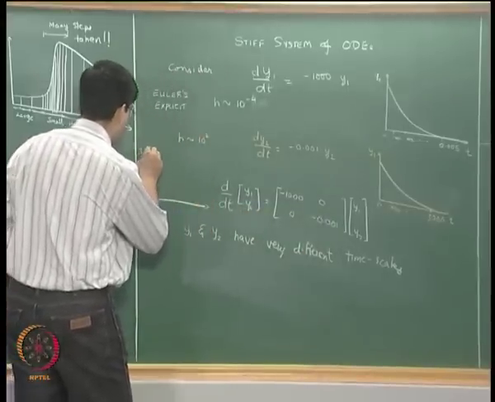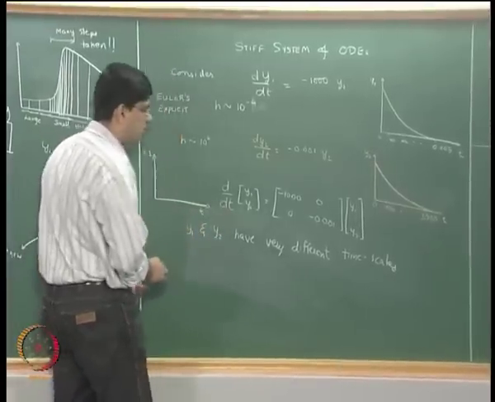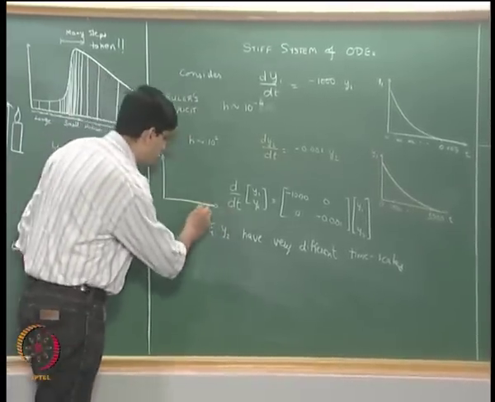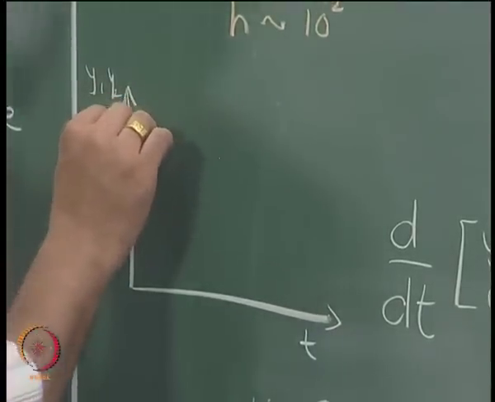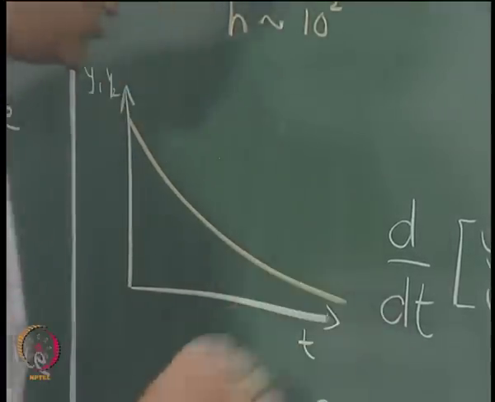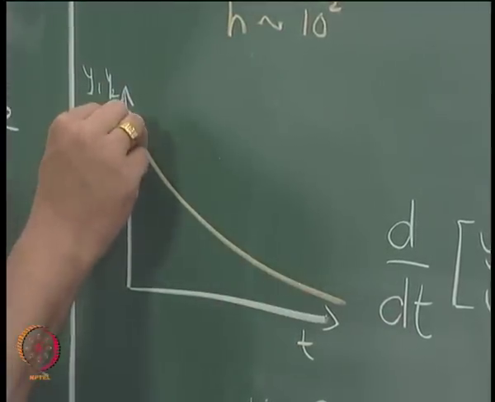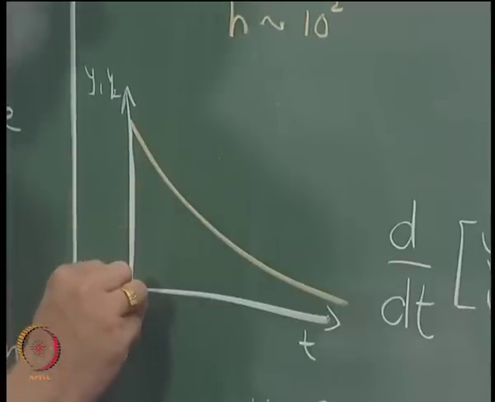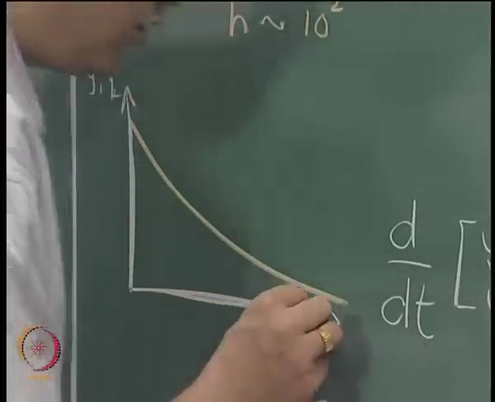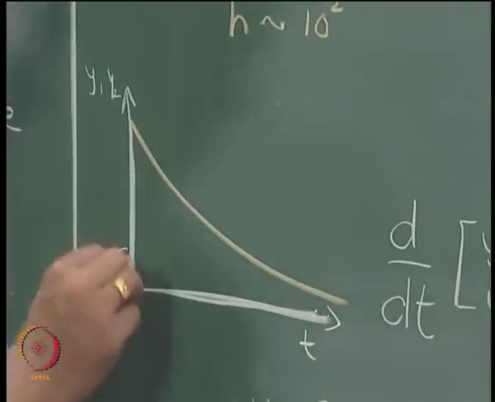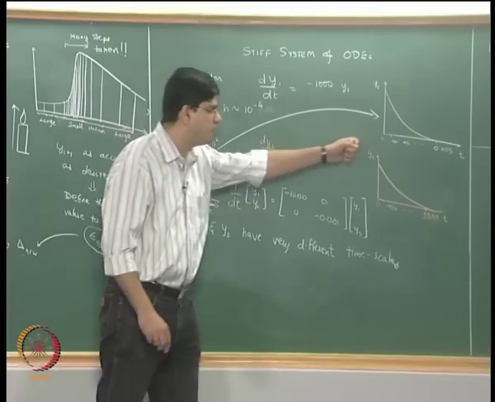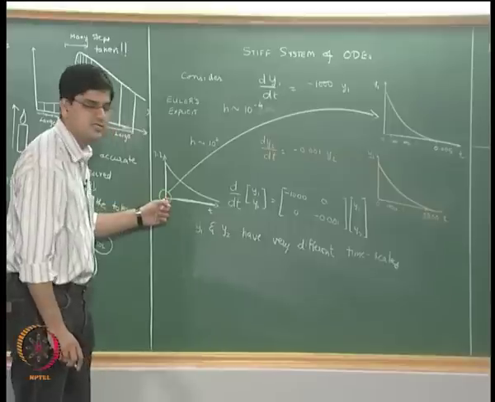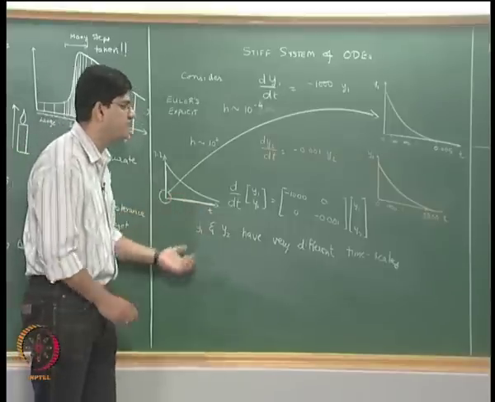If we were to plot y1 and y2 versus t, looking at up to 5000 steps, y2 will evolve in this particular manner, whereas y1 is going to look like a vertical line and a horizontal line. If we zoom into this region, this is what we get: y1 does evolve, but it evolves in 0.005 times and not in 5000 times.